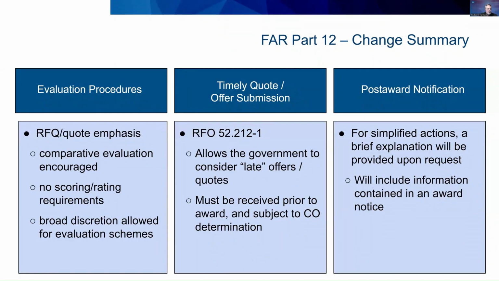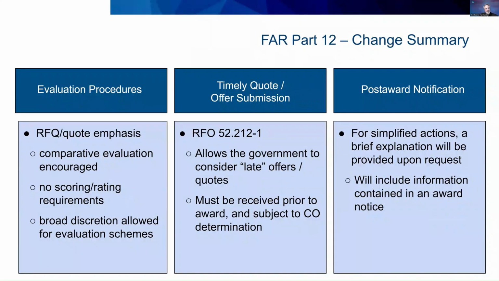The explanation will address why the quoter was not selected, and if award notice is not required, which according to the new FAR Part 5 means that your award is either less than $25,000 in value, not covered by the World Trade Organization Government Procurement Agreement or Free Trade Agreements, or unlikely to result in some contract awards, the contracting officer will provide the information that would be included in an award notice: a description of what was purchased, the address and name of the contracting office awarding the contract, the name of the contractor who received the award, the dollar amount of the award, and the award date.